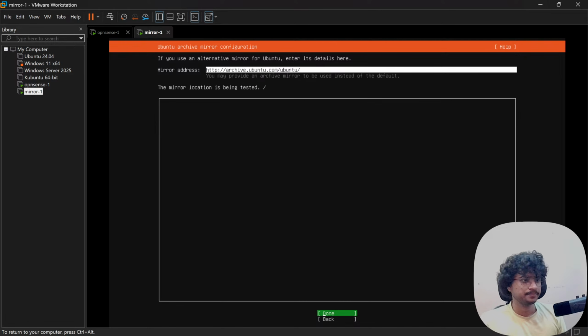There's no proxy. Let's see if archive.ubuntu.com works or not. Maybe the firewall rule is denied.